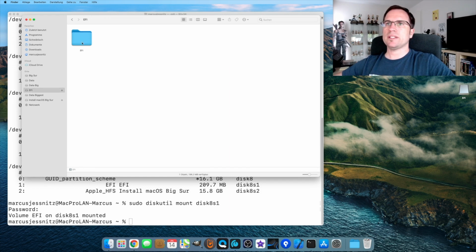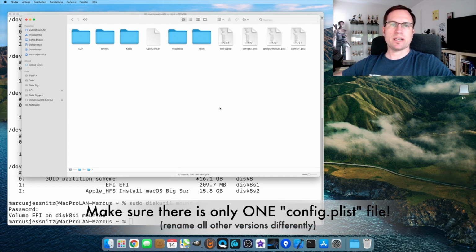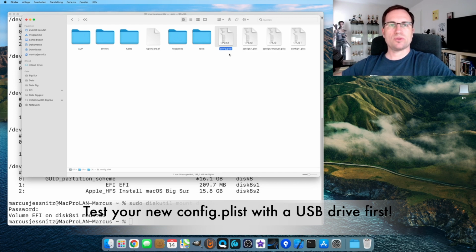If I go inside here, there's the folder EFI, the folder OC for Open Core, and then we are here in this folder, and there are different kinds of config plist that I'm working and trying, and just rename every config plist so that it's not called config.plist but something else, and the config plist you just tweaked, copy in here, rename it to config.plist, and then you can boot from your USB drive to test the new settings.